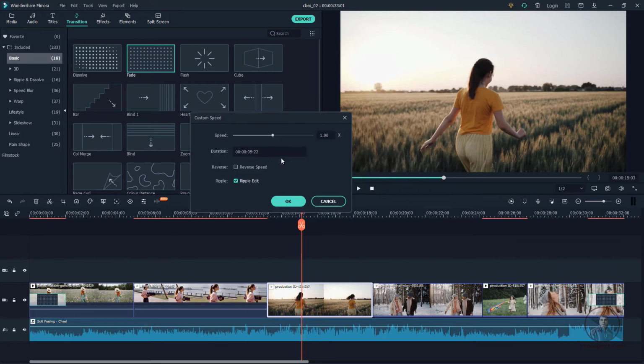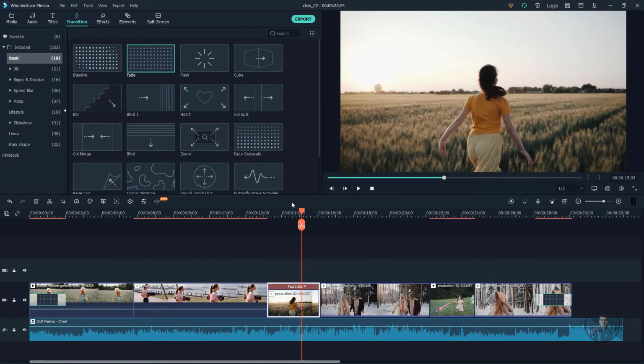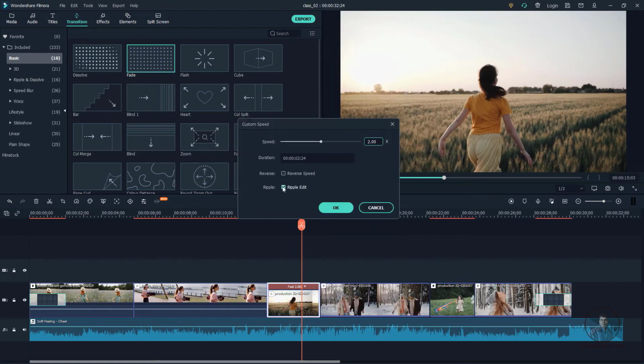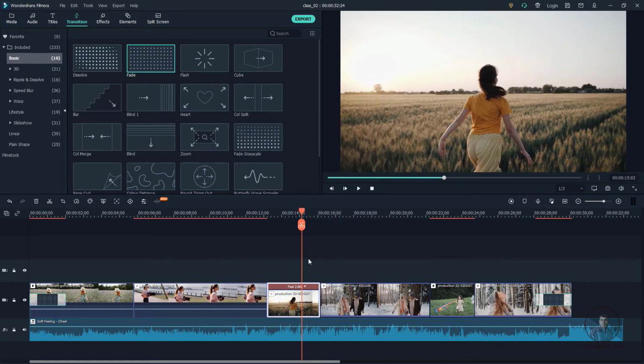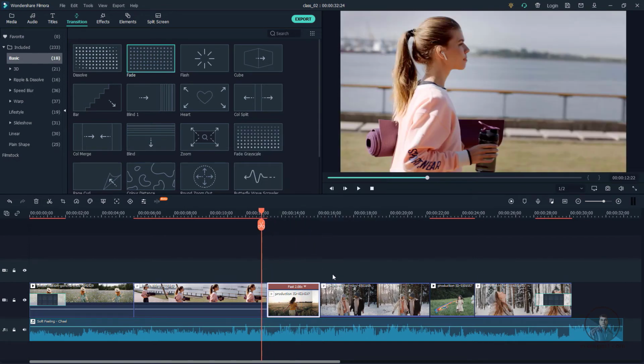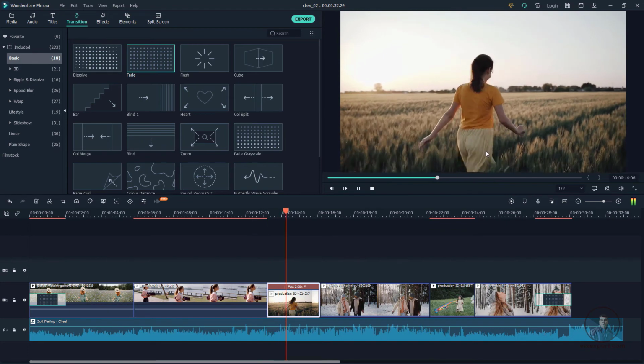Simply click. Then from here you can define duration. So this clip is 5 seconds long here, and if you want to make it a little bit fast, then from here you can define maybe double. Just type here 2, so it will make your video 2 times faster here. Now press OK here. So it will automatically shift your media here because of this option, ripple edit options. Now just play and check here. Now you can see here.